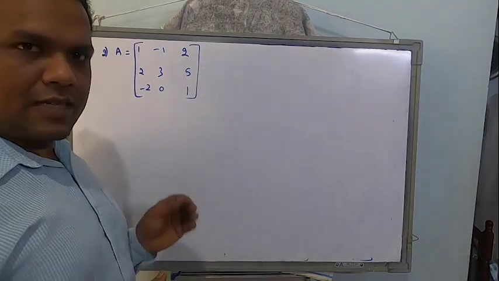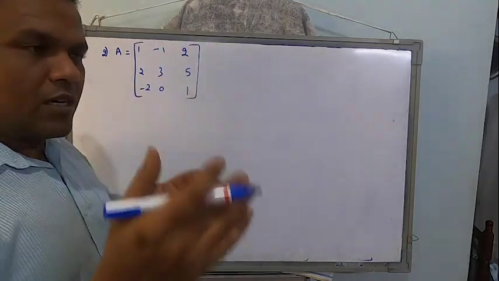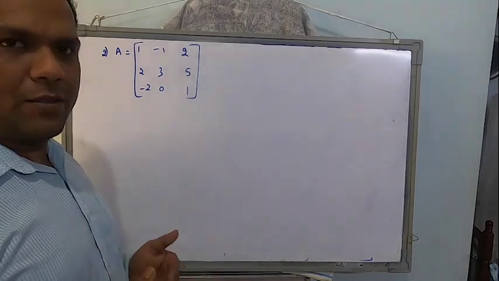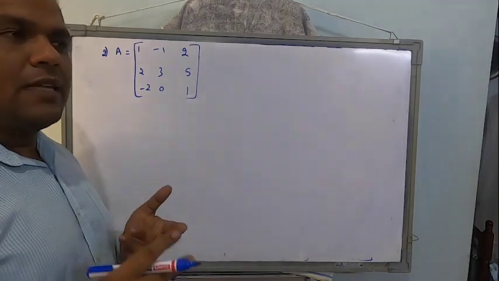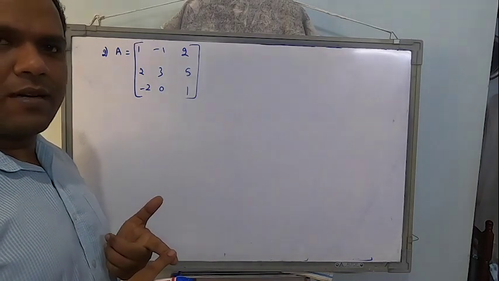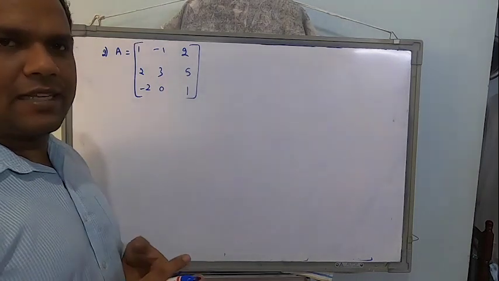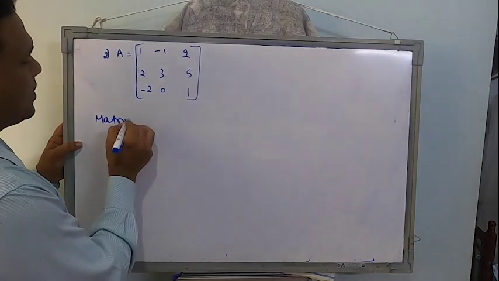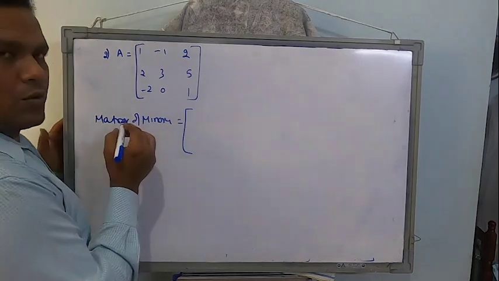So as usual we will start with the matrix of minors. It's better, you can write down the minors first, then convert to cofactors, though that will take a lot of time. So I am teaching you a direct method of finding the adjoint. First we will construct the matrix of minors, multiply that with the sign matrix, whatever the resultant matrix is, that is called the cofactor matrix, and take the transpose of the cofactor matrix, that will be called the adjoint. Just follow the 3 steps. Clear? Now let's go for it. Matrix of minors. So you know what to do.